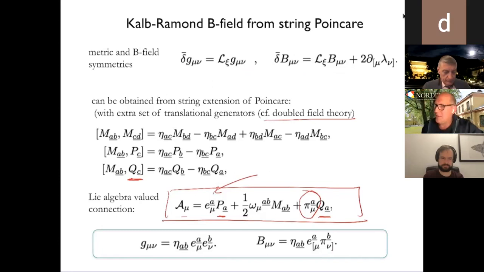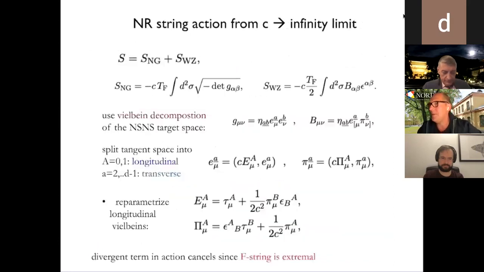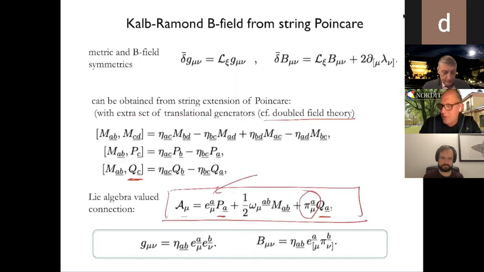The counting works, right? Just as you have dimension D worth of translations, giving diffeomorphisms, you have now also dimension D worth of extra gauge parameters corresponding to these, which will give you these gauge transformations of the B field. It's a little technical to show, but believe me, it works. So the essential thing I want to use is this fact that B is actually tied to the metric in a certain way, right? Because we have here E and we have here E.